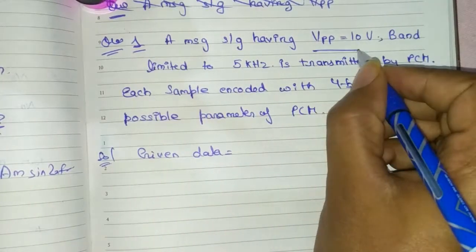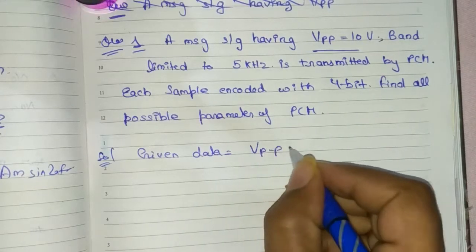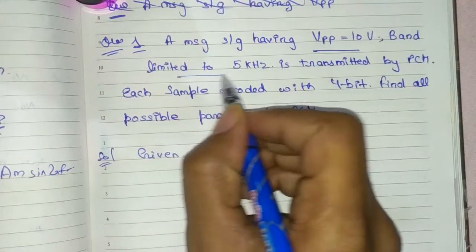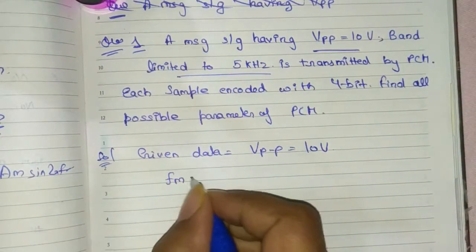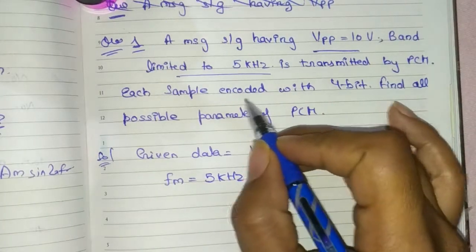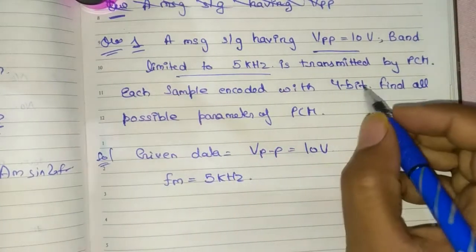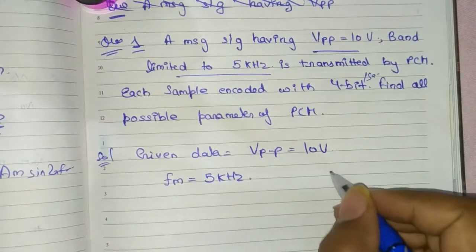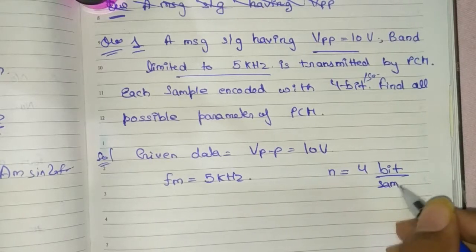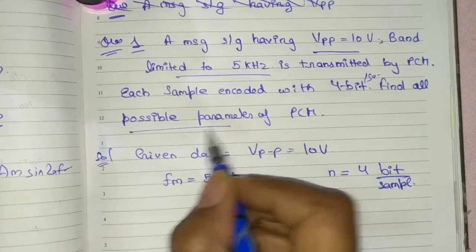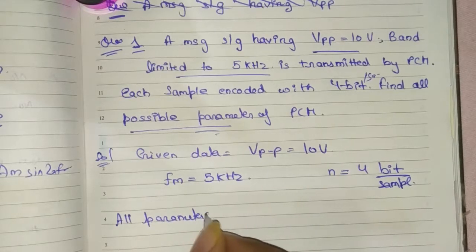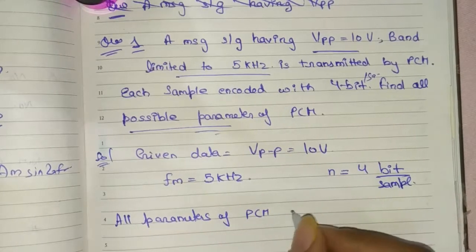so VPP, this is V peak to peak voltage, it is 10 volt, then band limited to 5 kilohertz, means Fm is 5 kilohertz. Each sample is encoded with 4 bits. This is basically 4 bits per sample. So here n is 4 bits per sample. Now we have to find out all the parameters. Basically all parameters of PCM are